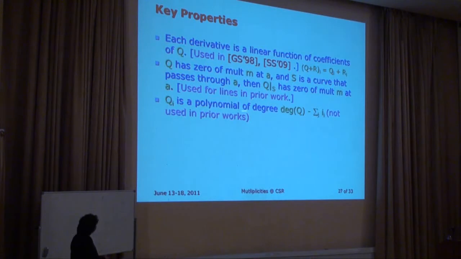Here is something that was never used in previous works but turned out to be useful in the paper with Zeev and others, which is that if we take the ith derivative of a polynomial, where i itself is a vector, so the i1th derivative in the first direction, the i2th derivative in the second direction, etc., then it's also a polynomial whose degree is at most the degree of q. You can get some lesser terms, but its degree is at most the original degree. So derivatives of polynomials are themselves polynomials. Well, we knew this, but we never used this in the past. Now it turned out to be quite useful.